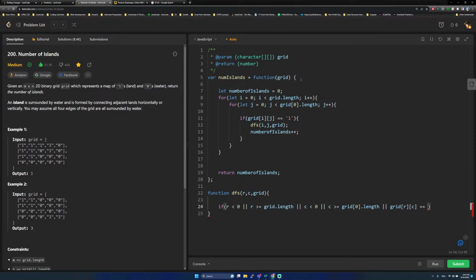equal to, if it is not equal to 1, then I guess we can use the reverse order of it. So if it is not equal to 1, only if it is 1, then we are interested to see that current node's neighbors. Return, yeah, we just want to return. And then